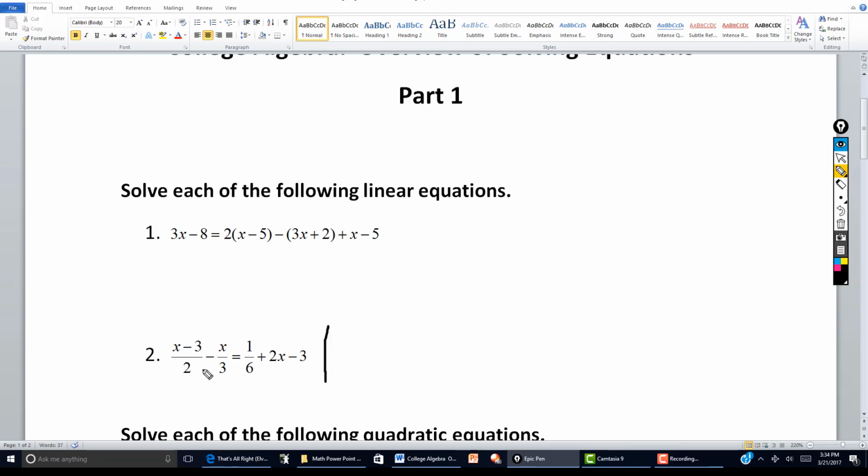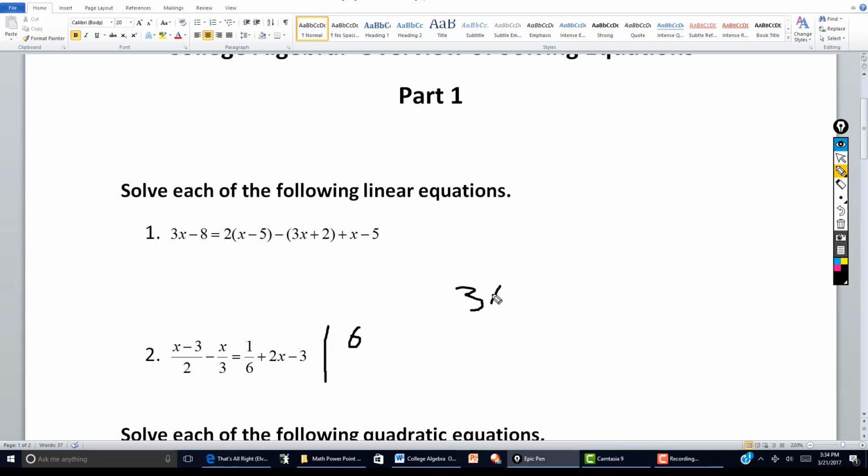So in this case, we have a 2, a 3, and a 6. The lowest common denominator, in this case, would be a 6. 2, 3, and 6 all divide into 6. So what I'm going to do is multiply through the equation by 6. So every term of both sides gets multiplied by 6. Okay, so 6 times this x minus 3 over 2. Notice that 2 will go into the 6 3 times, and then you multiply by 3. Okay, so that would give me